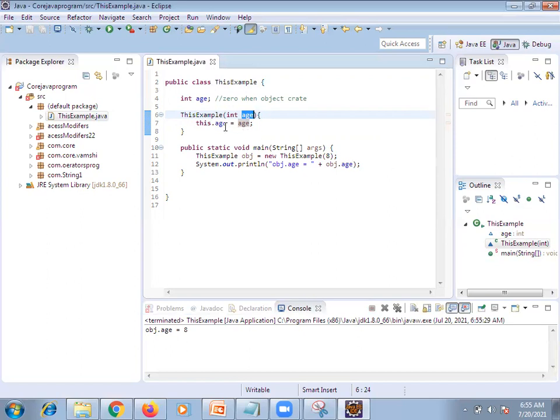Got it? Yes. What is the importance of this keyword? Now the compiler is not able to identify whether both are the same or not. Now you are trying to address that this is the instance variable, which you have to create when the object is loading. This is the local variable which we are passing through the parameterized constructor. Now you are getting this value here, and it will be initially assigned 8. That 8 will be assigned here. This dot s variable will contain it. Got it? Yes. This is the importance of this keyword.